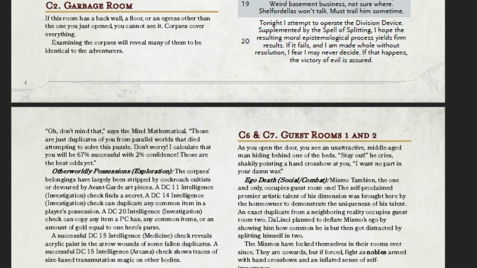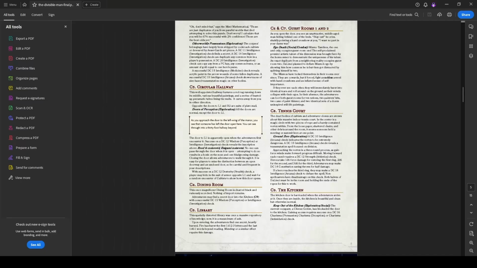Of course, they can do whatever they want. This is a great opportunity, though, to basically double up on items that are hard to duplicate or hard to get copies of, even if you just want them for safekeeping. The circular hallway